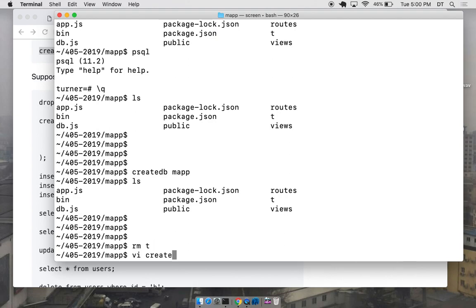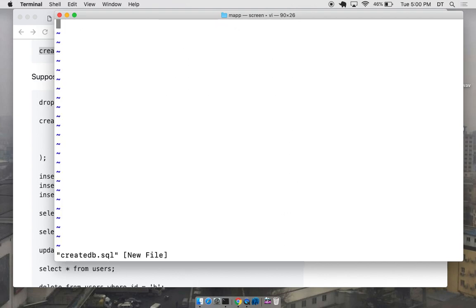this create db.sql. I'm going to create a script, and I'm going to put my SQL commands in it because I want to rerun it all the time. I don't want to have to type it in every time. I want to run these commands, so I'm putting them into a script. And it'll be create